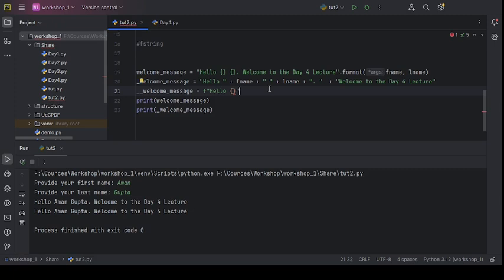This time you will find that the curly bracket is highlighted in an orangish color. It might be some different color in your case, but it will be highlighted. It will not be like hello in green and the curly bracket as well in green. Okay. So inside this curly bracket, I will pass f name, then space, again curly bracket open. Now I will pass last name, then full stop, space,